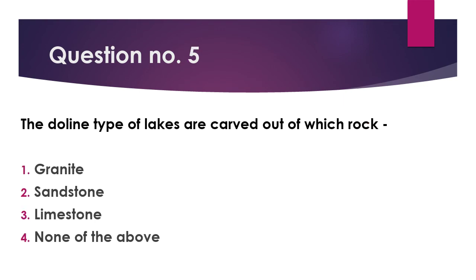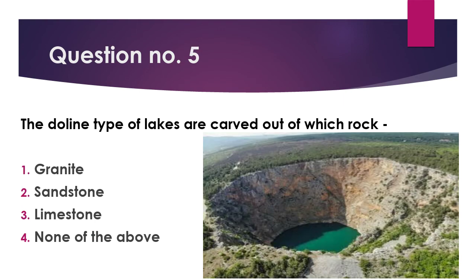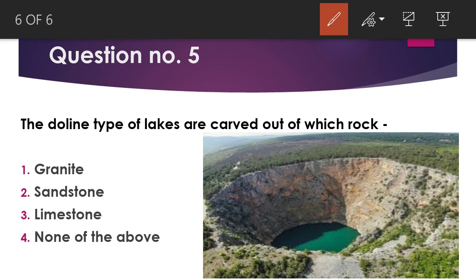Now the fifth question is, the Doline type of lakes are carved out of which rocks? So you know that Doline is formed in limestone rocks by the activity of underground groundwater. Okay, groundwater erodes limestone by the solution process, and hence the dolines are formed. Dolines are generally the